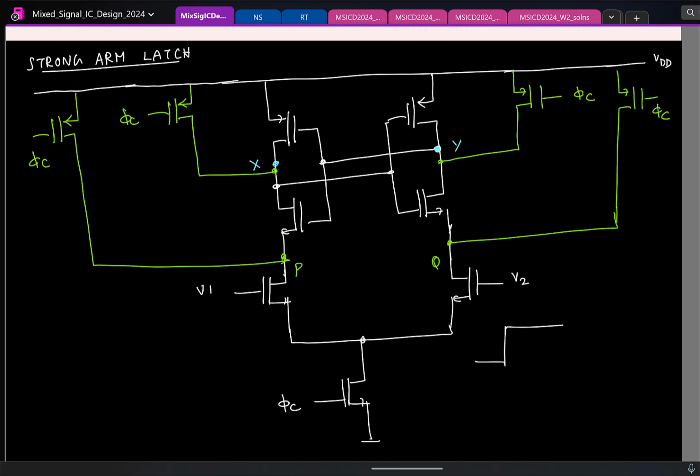Let's say this is the clock phi C. Now when phi C is 0, are we drawing any current from the supply? This node is at VDD, so everything is at VDD and no current flows. If I plot this as the current I supply,